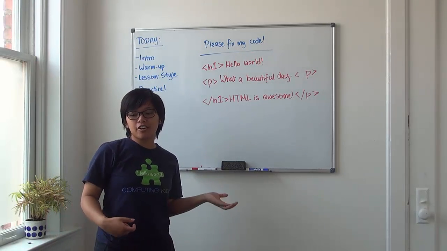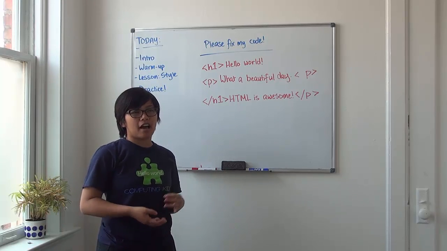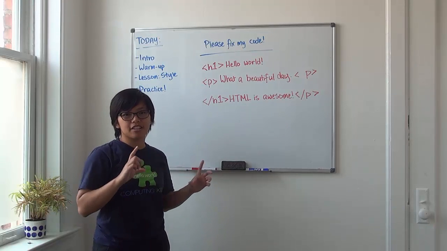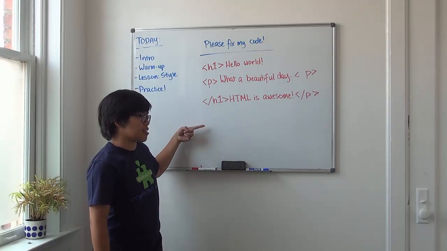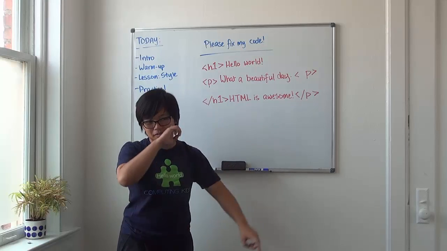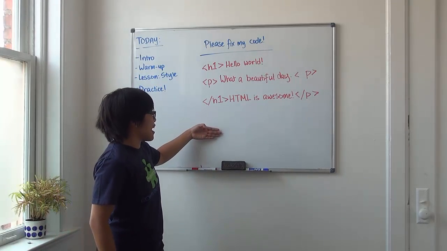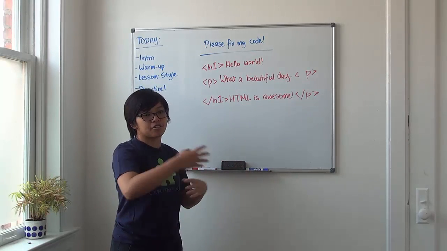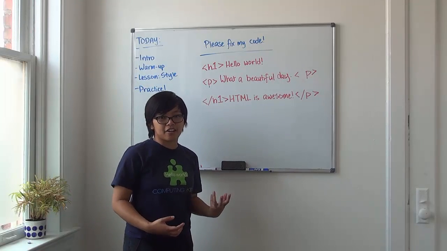Today, we're going to talk a little bit about how we make websites look different. As you know, not all websites look the same. Every single website looks a little bit different, and that's because we use style. Like, YouTube doesn't look exactly the same as Yahoo or Miniclip because they use style to make everything look different. So today we're also going to learn a little bit about how to use style to make our web pages